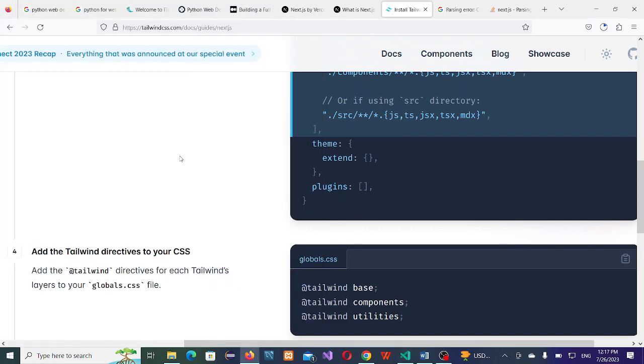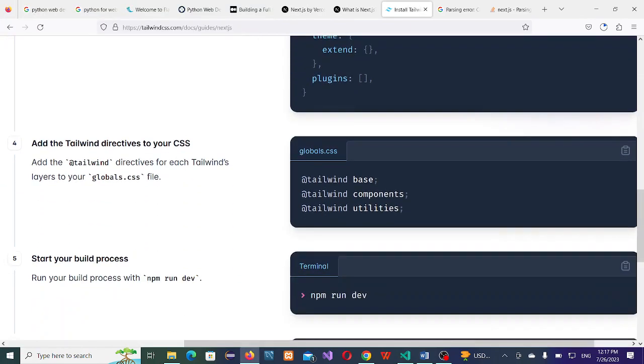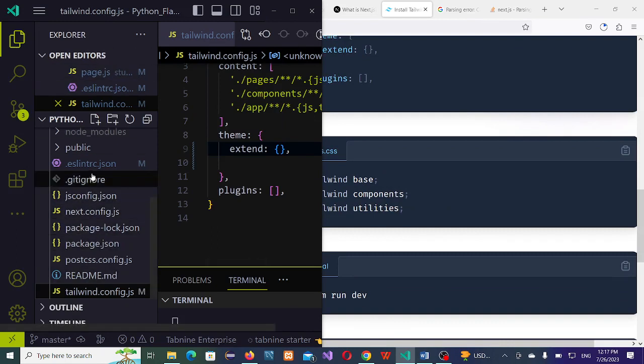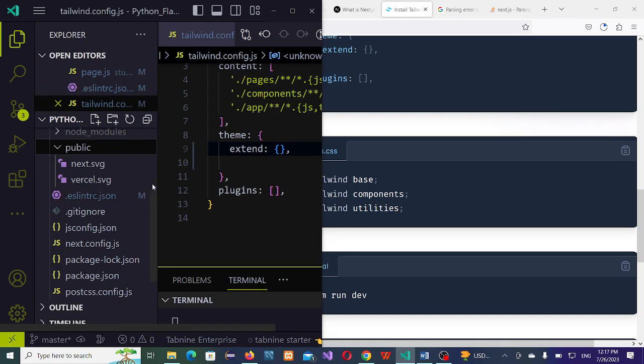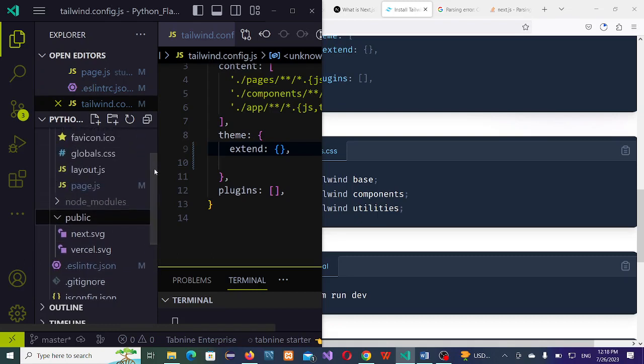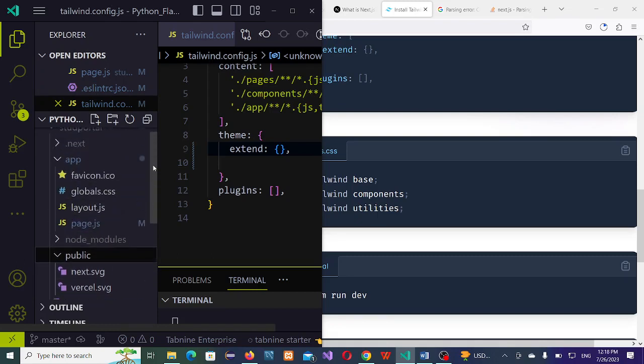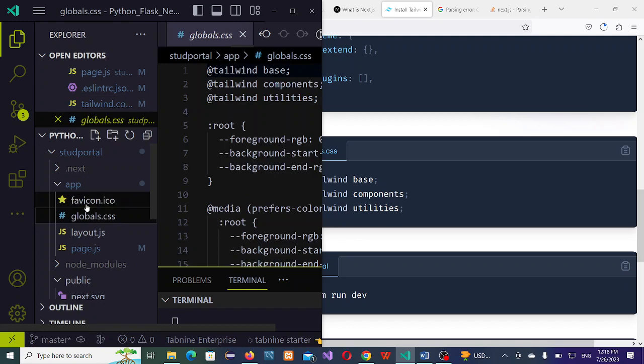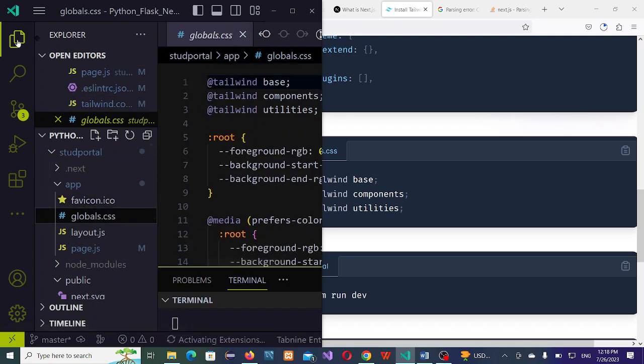So now next is you remove everything and leave only 3 lines in the global.css. So come to global.css. Global.css is found inside the app. Yes, if you come to app, can you see app inside it? You collapse it. This is global.css, right? So this global.css